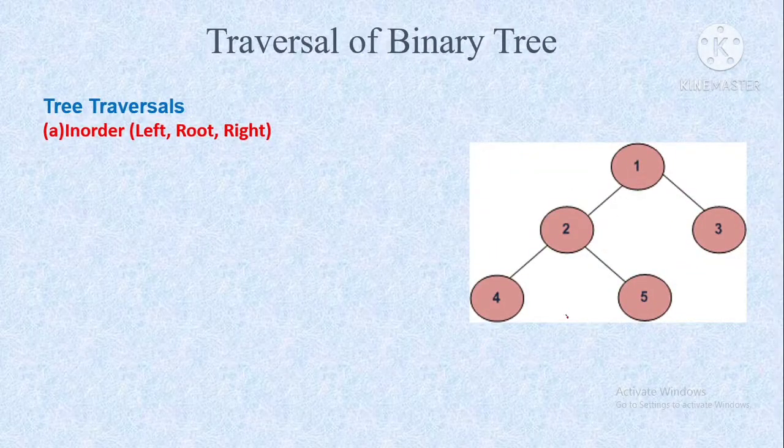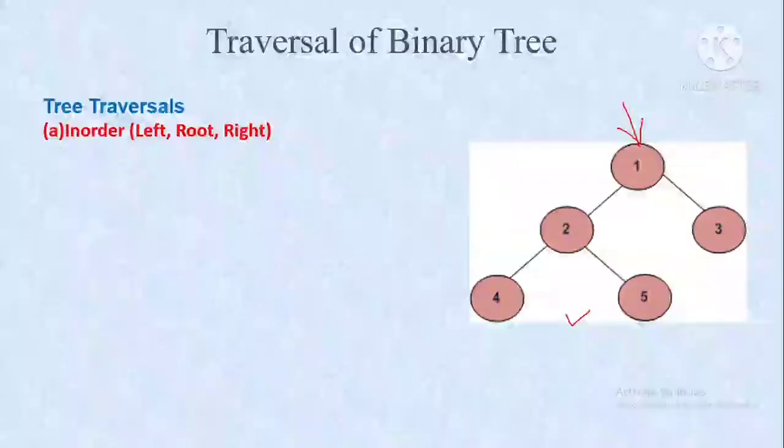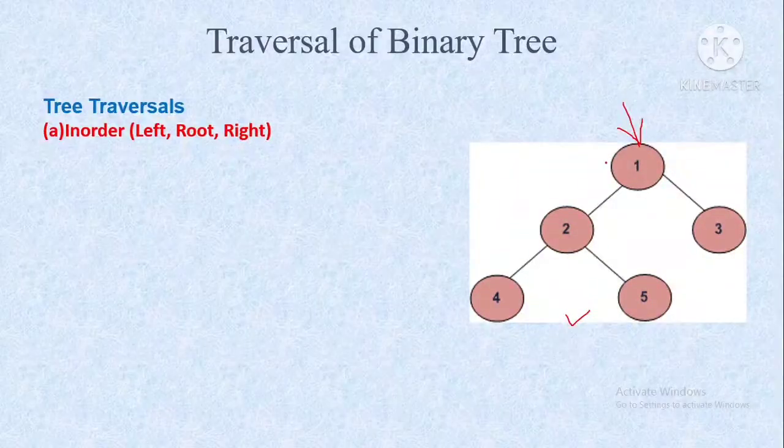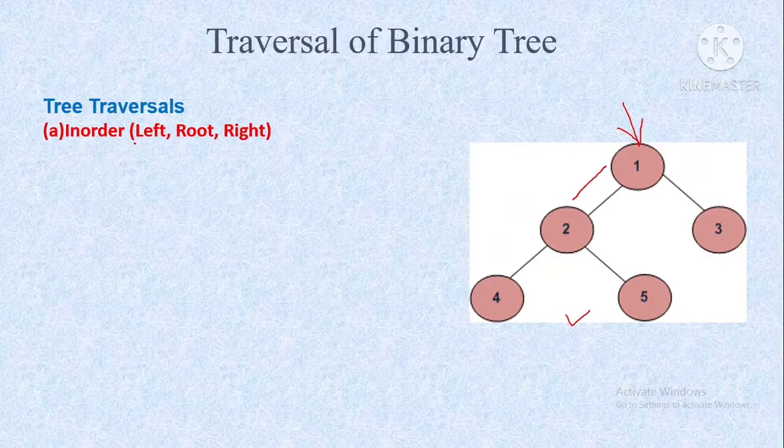So if the given binary tree is like that, how can you traverse? We always land on the root node. Then from the root node, you will go to the left node. Immediately you cannot write the root node, because it says you have to visit the left node before you print the root node. So you go to its left node. After reaching here, you cannot print it, because 2 is a left node for 1, but it is a root node for the remaining nodes 4 and 5. So we cannot write it.